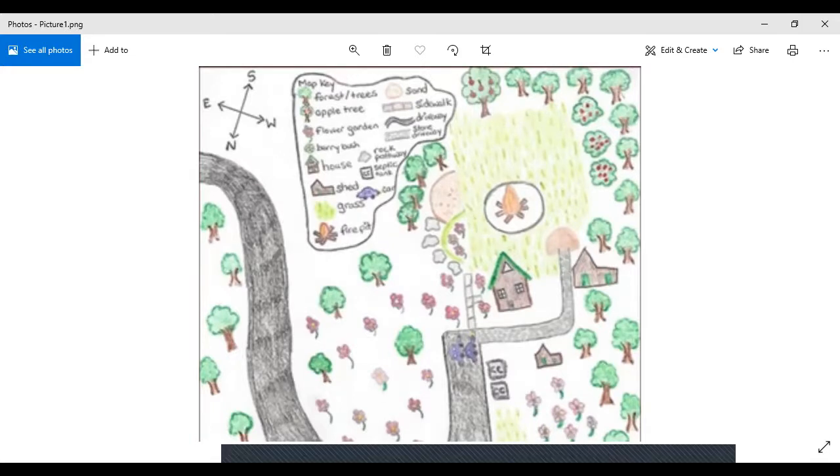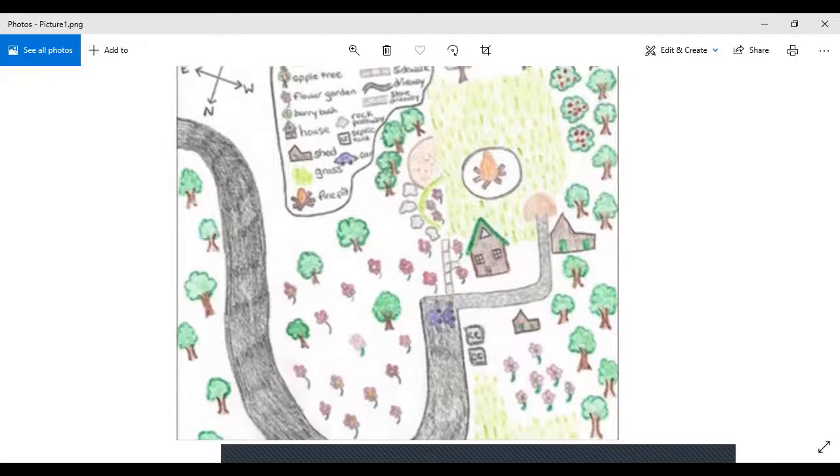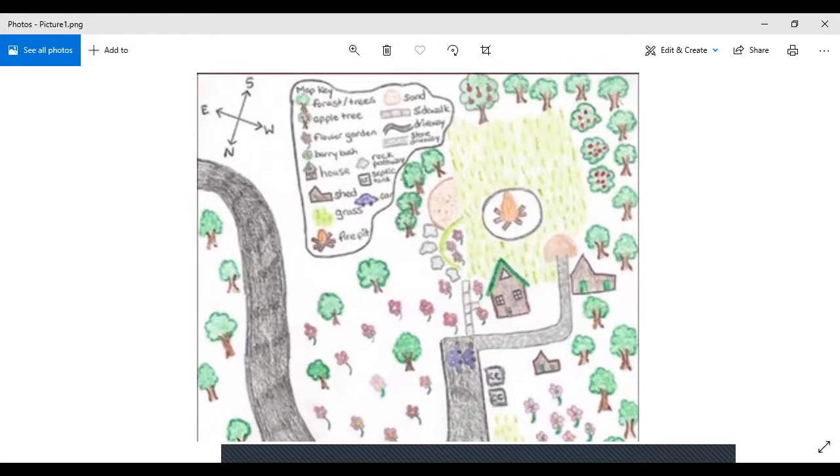Let's say over here there is this fire, over here there are shades, then we have the road, we have apple trees, we have forest trees, and he has given the map keys over here as well. Let's say this tree shows us the forest tree, this is an apple tree, this is a flower garden. So where this picture has been drawn, it indicates that particular thing, right? So he has included a lot of details in this map, but still it has missed a lot of details which could be captured in a picture.